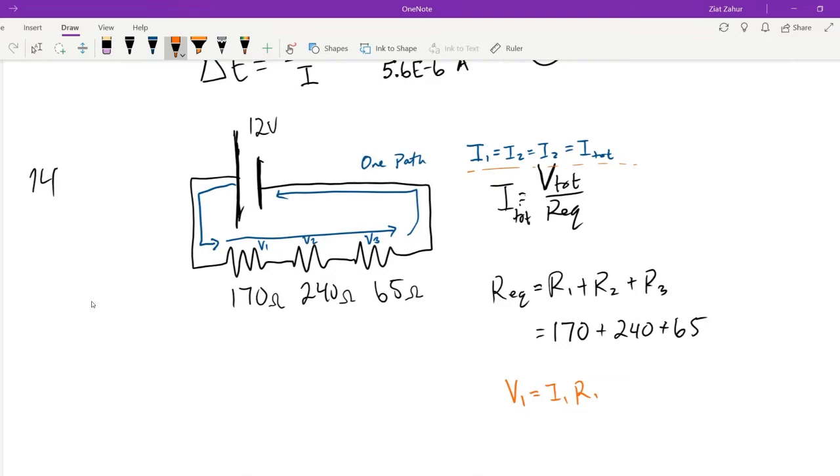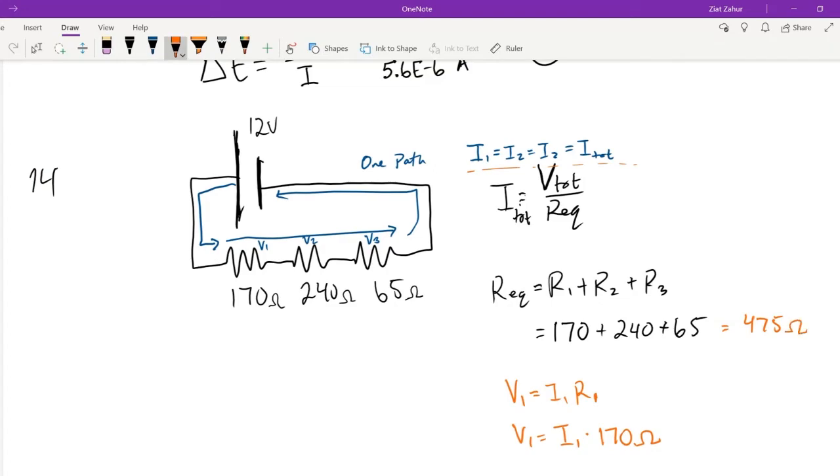So if you want the voltage for the 170, you'll have to multiply the current you found times the resistance of just R1, not the total. Okay. And of course you'll see that the values drop in pieces. So let's see, what is this total? 170 plus 240 plus 65. That gives us 475